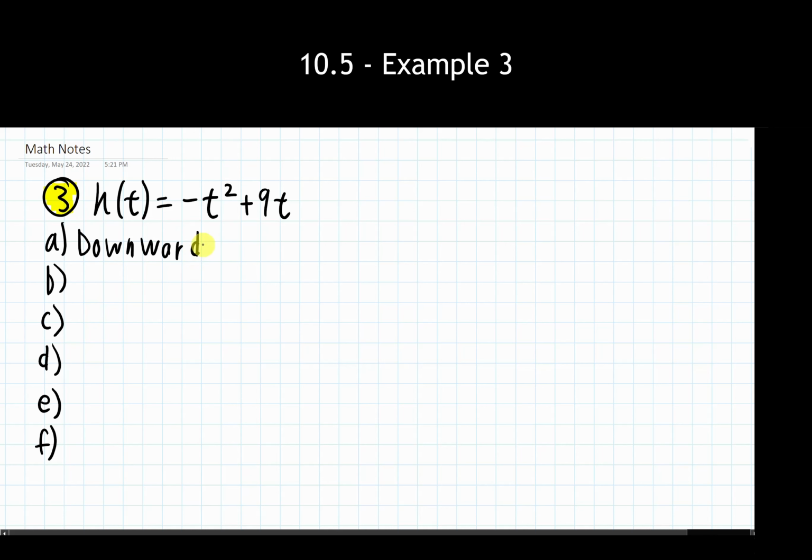Again, you can do what we did with our previous problems, which is say I'm going to identify my A, B, and C values first. Nothing wrong with that. A is -1, B is 9, and C, I don't have anything out here for C, so I have to write that in as 0. This is a fairly regular occurrence with a lot of these problems, so don't be too freaked out if you just see two terms here, a squared and a linear term. Nothing wrong with that. It does happen from time to time.